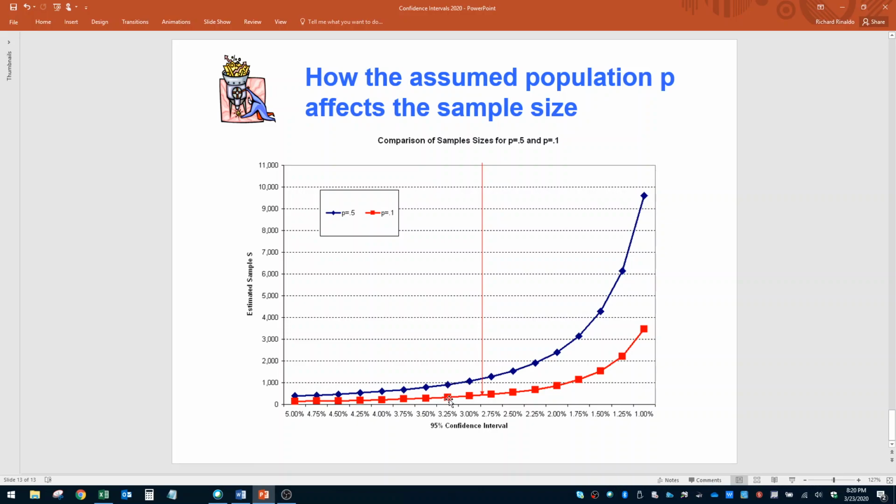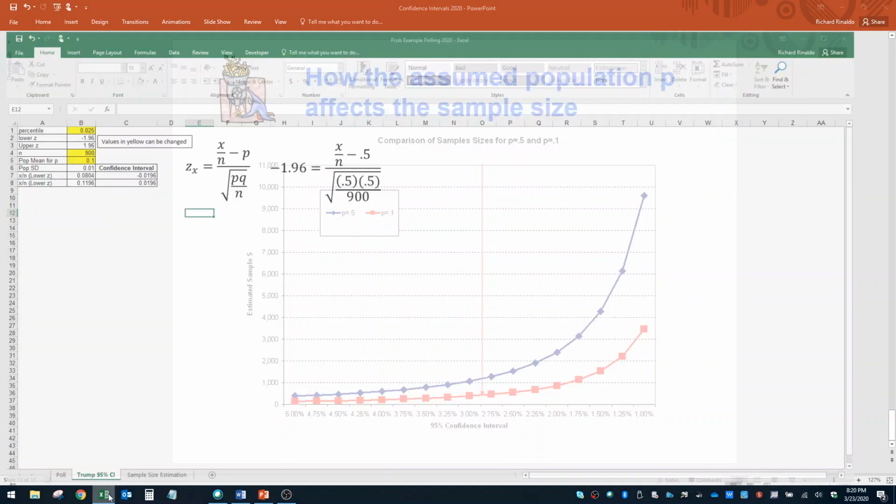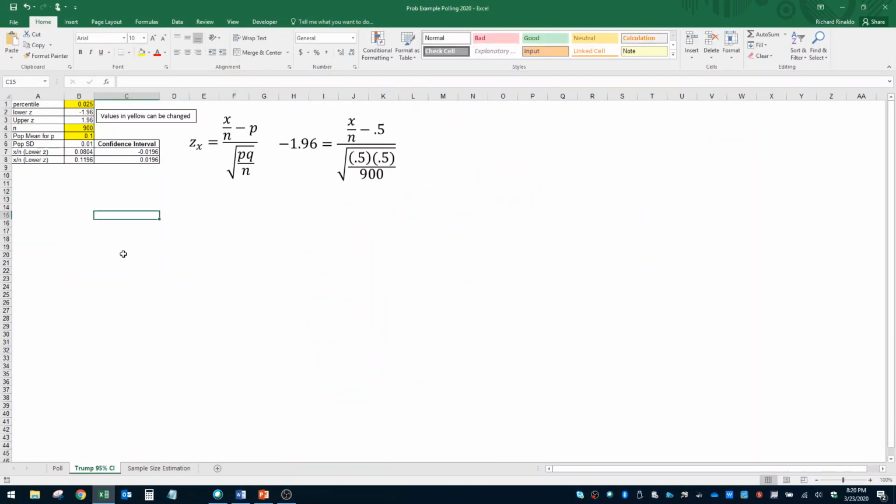The sample size is much smaller if I assume that the base proportion is 0.1. So when I use 0.5, it creates the largest denominator, which then inflates the confidence interval. So I always go with an assumed base proportion of 0.5 because it generates the widest confidence interval. It produces the largest